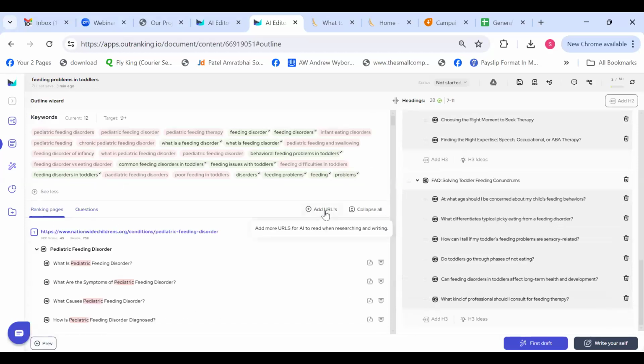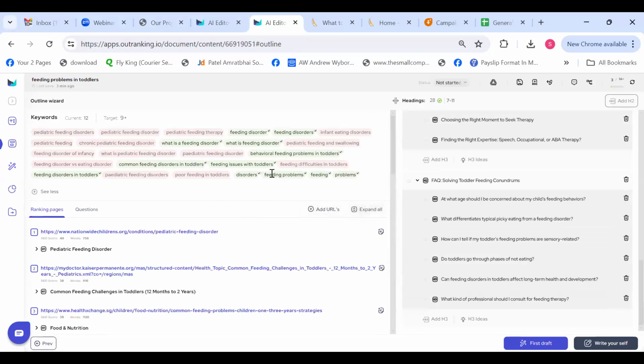Now let's quickly go ahead. There is an add URL option as well. So what Outranking does is it adds the top 20 pages' content as background research to feed AI so that AI can write content in more superior quality along with factual information. So it looks into the top 20 pages only for background research and then writes the content altogether in a new